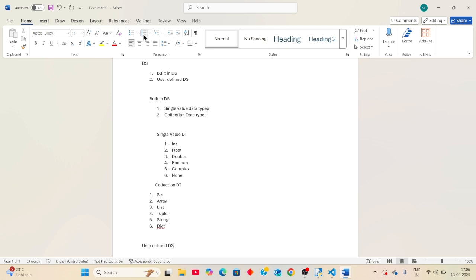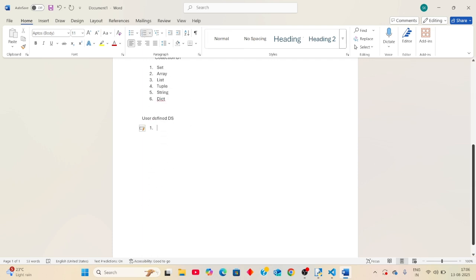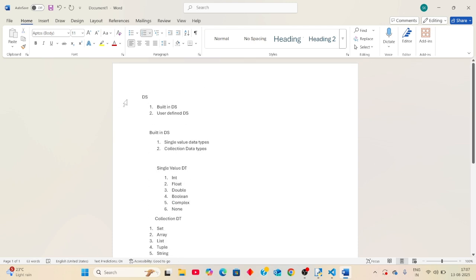We have linked list, stack, queue, graph and tree. These are the user-defined data structures.